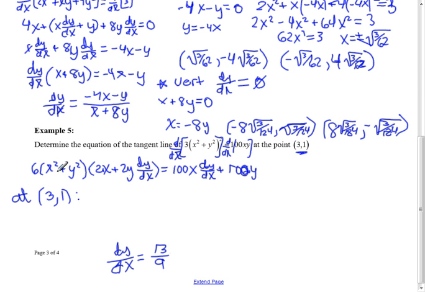Okay, and you guys are getting really good at this, so I want you to show that work here. And then we just need to find the equation of that line. Well, we have a point, we have a slope, so y equals 1 plus 13/9 x minus